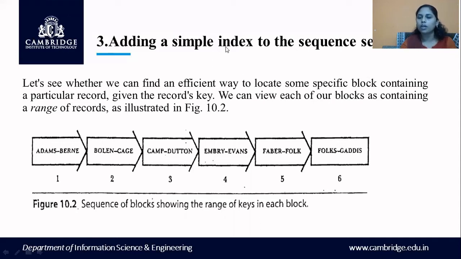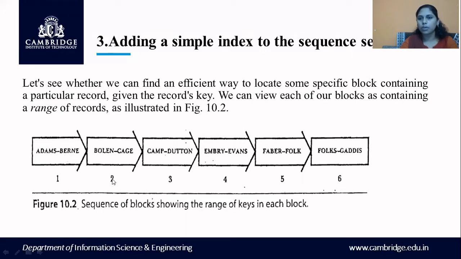So what can we store inside an index? Obviously, we know that you should have a key. Associated with that key, you should have an address. So what is that key? We will find out here. See this diagram. In block number 1, the lowest name and the highest name are shown here. What is the lowest name? Adams, and the highest name is Byrne. Between this, you can have any number of names you want. This index is just showing you the range of names that can be stored in block number 1.